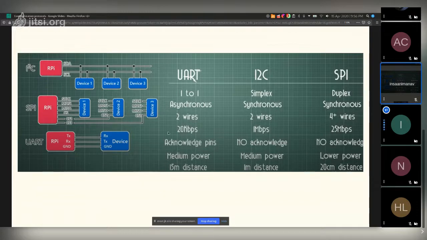This is the average data speed amongst all these protocols. As we can see, the fastest one is SPI. That is simply because we have separate data lines and the clock is being sent out and everything. So that's that. In UART, in the new microcontrollers, we do have acknowledge pins. In I2C and SPI, we don't have any acknowledgement, so we don't have any means of checking if the data is actually